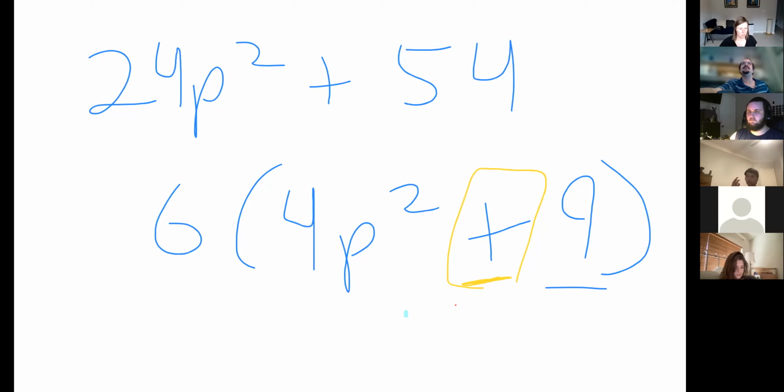Questions about this one? So always look for that GCF. I think that's what they're trying to get at here. And if it's a sum of squares, there's not a darn thing we can do. And then the last one that we're working on